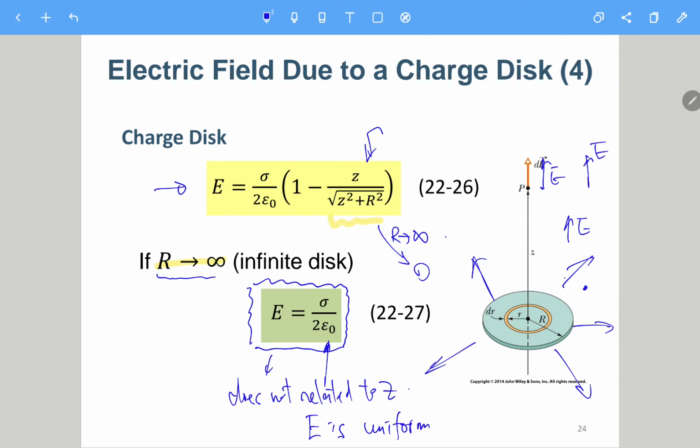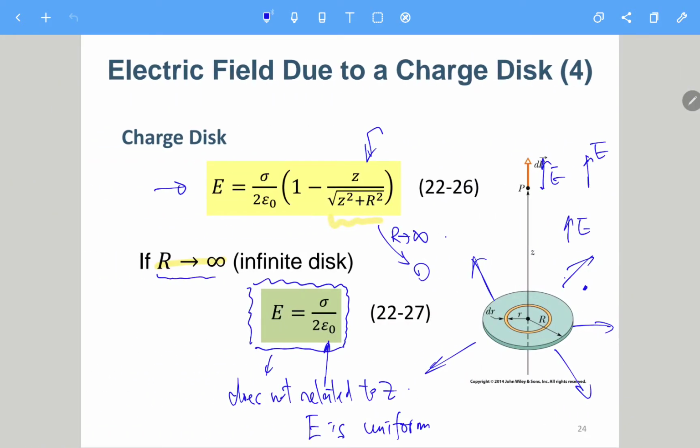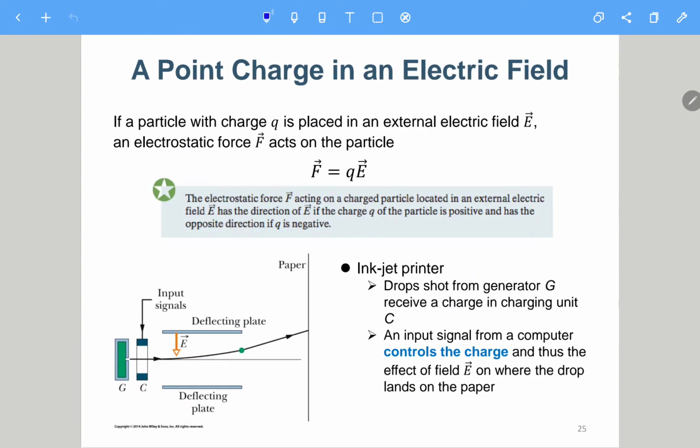Of course, on the top side, it will all the way point to the top, and at the lower side, it will all the way point to the bottom. 就是在这个带电荷的碟子的上方，它全部的电场都是均匀指向上方。在这个 charge disk 的下面，所有的电场都是一样，都是指向下方，大小都一样。Any questions? No questions. Okay, so here is an application